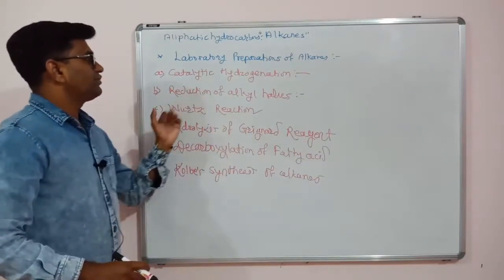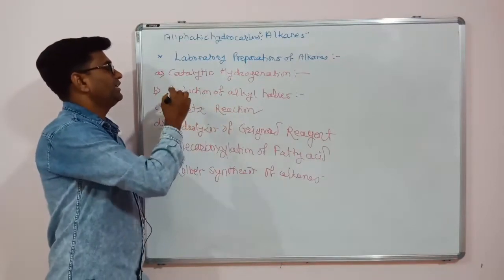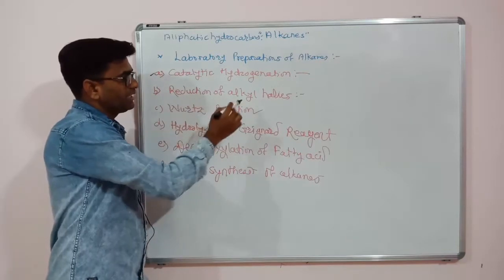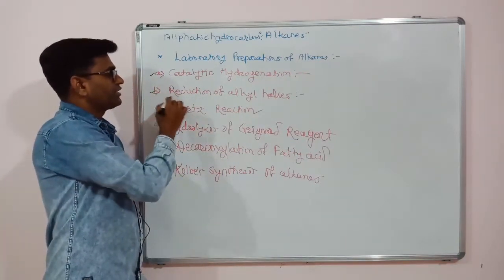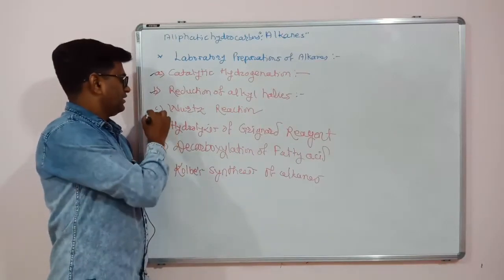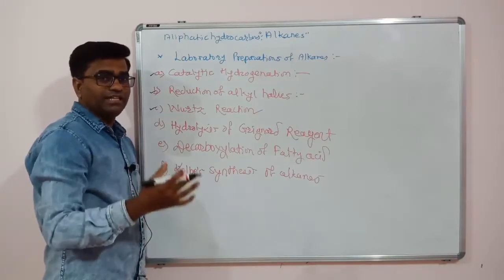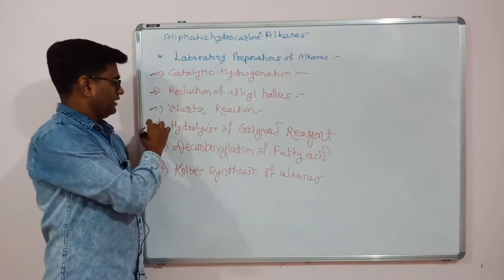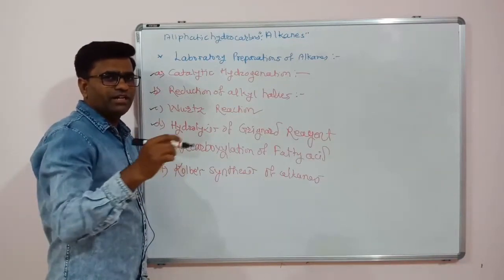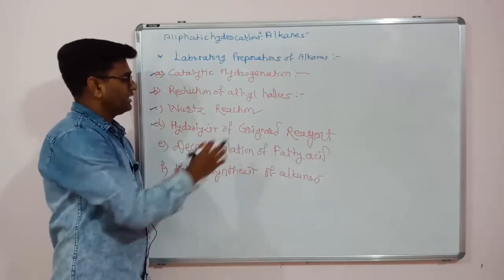Now, the first reaction: you can get alkanes by catalytic hydrogenation of the alkenes. Second method is reduction of alkyl halides, so addition of hydrogens on the alkyl halides, and we will get the alkanes. Then Wurtz reaction, this is the type of coupling of alkyl halides. Then hydrolysis of Grignard reagent. Grignard reagent तुम्हाला माहिती आहे RMgX, त्याच्यावर जर तुम्ही वॉटर टाकलं, so that is called hydrolysis. Then you can get the alkanes.